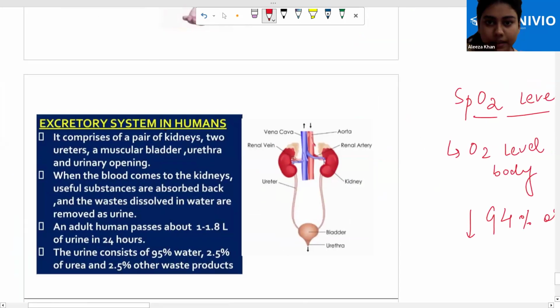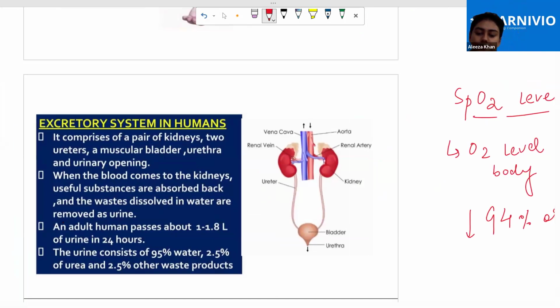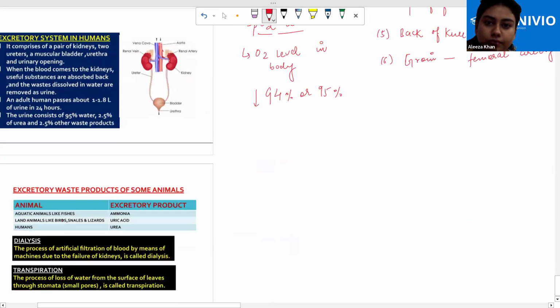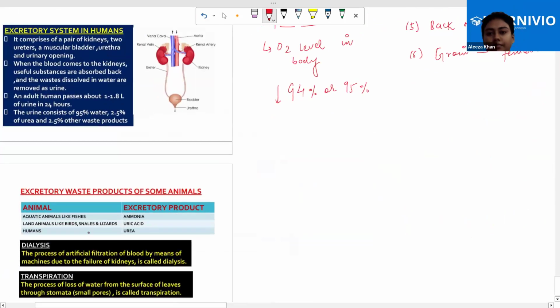Okay, what do you understand by the excretory system? Ma'am, it's basically the system in which we consume food, so the food and water that are the leftover ones, from which the body does not absorb the nutrients, are excreted. Okay. Mantisha, what do you think the excretory system could be? Where the waste products are